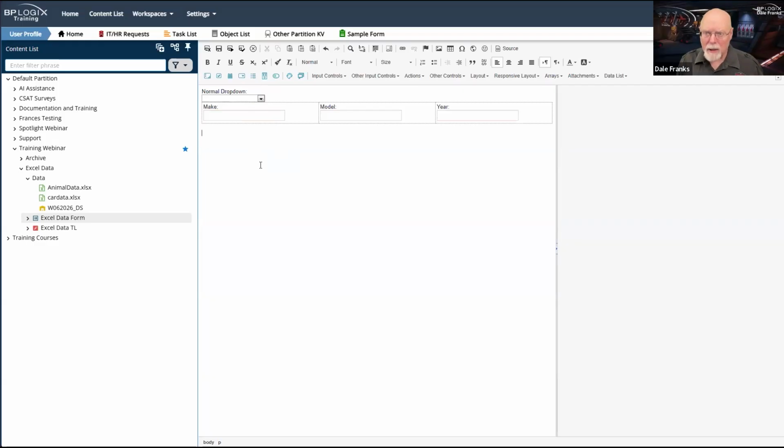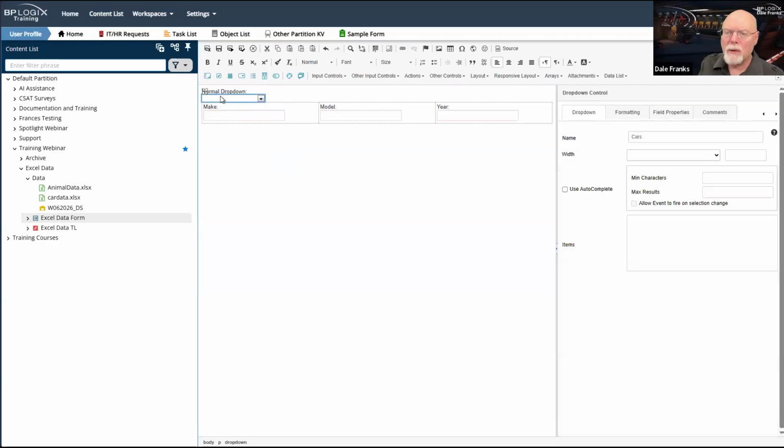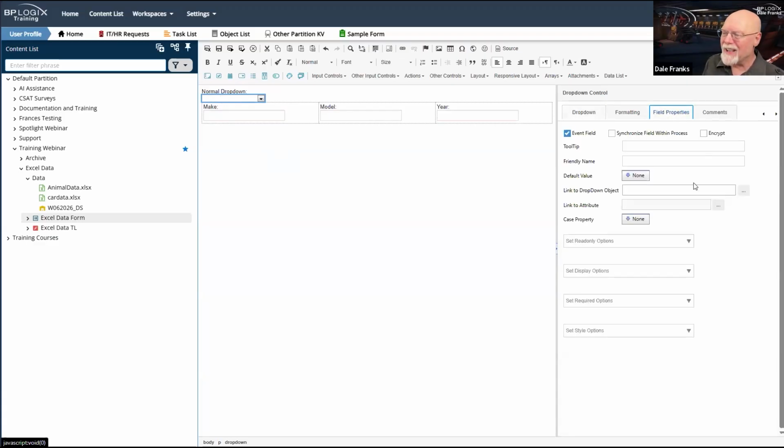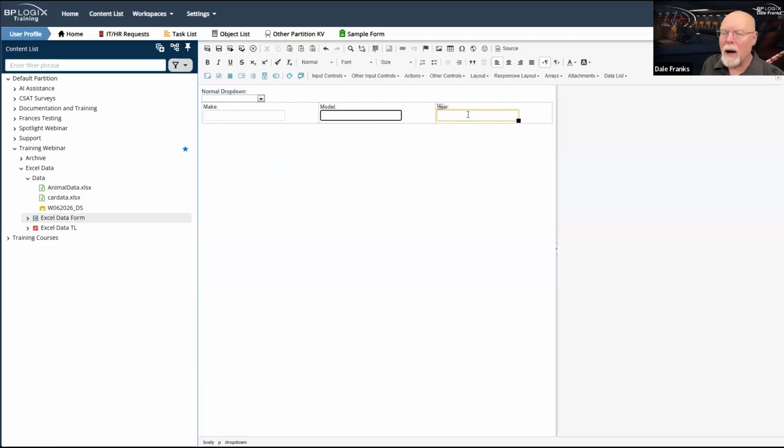One, I'm going to need a business value to fill my dropdown so that the data exists. This dropdown control is an event field, and when that event fires, I am going to want to fill in the make, model, and year of my vehicle right down here at this row of fields in the table.